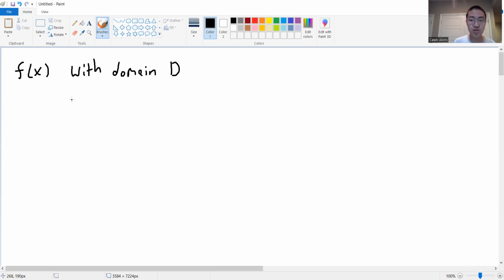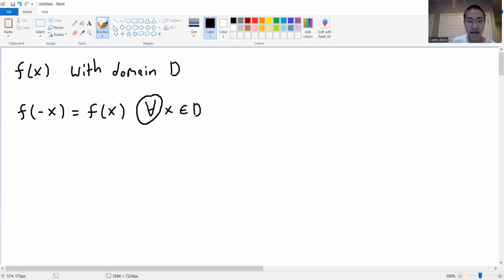Now, there are two properties we're going to look at. Sometimes it is true, there are some functions in which if I took the function and substituted negative x into the function, that is actually the same exact thing. It's going to give the same result as just f of x by itself. In other words, the negative sign isn't going to change the value or the output of the function. So if this is true for all x in the domain,